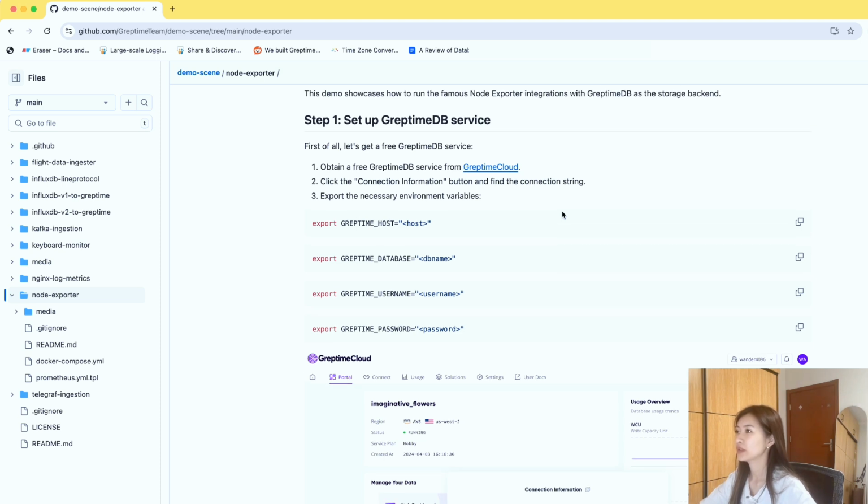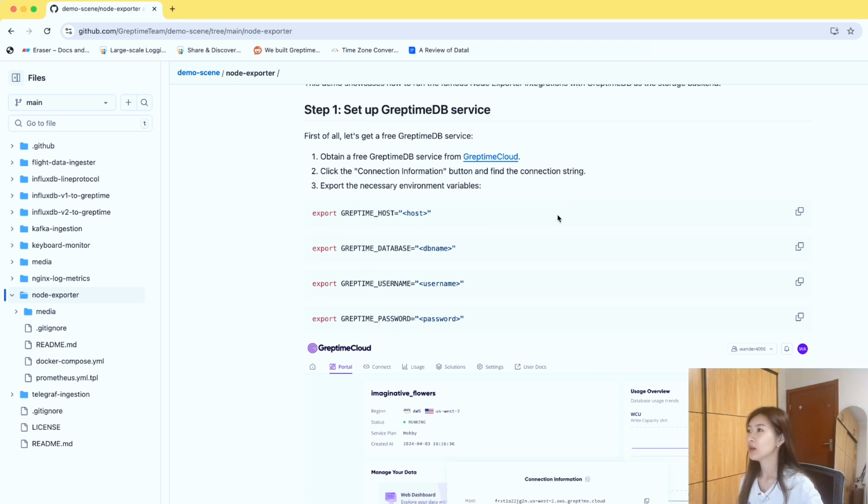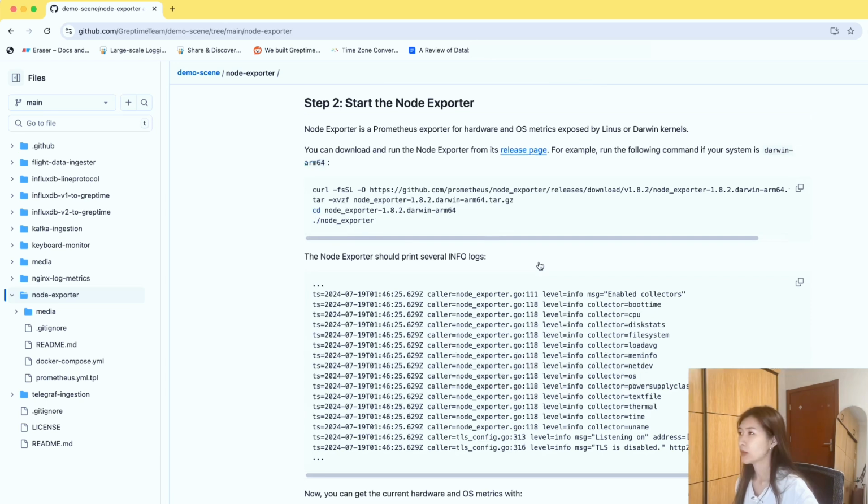Of course, you can connect directly to GreptimeDB with the open source version you can download from our website. The quickest way to get started is to just sign up for a free account for GreptimeCloud, which gives you full capability of dashboard and other functions. For now, I will skip this step as it is closely related with Prometheus configuration, which we will do shortly after. So I will start right away from step 2, which is to download the node exporter from the release page